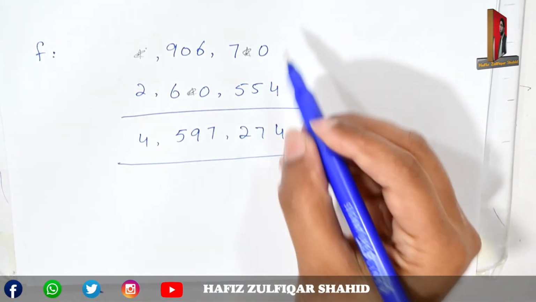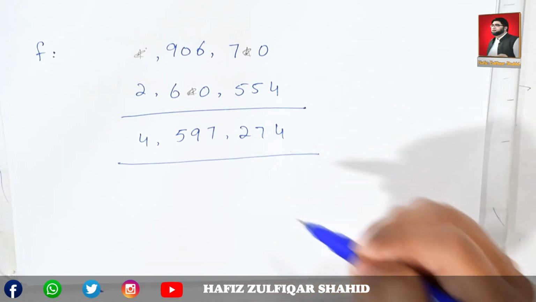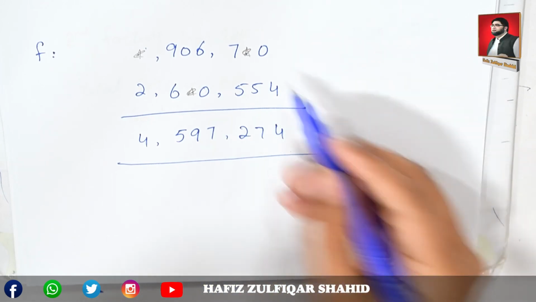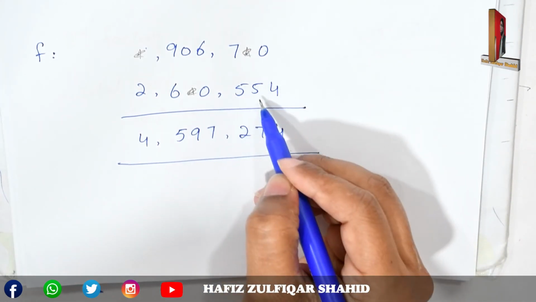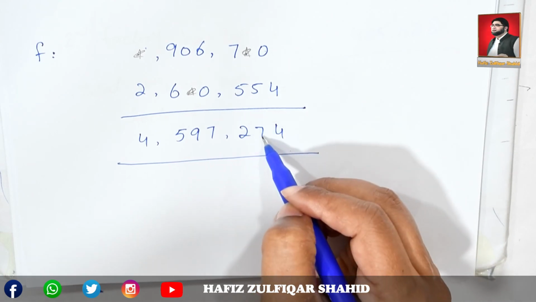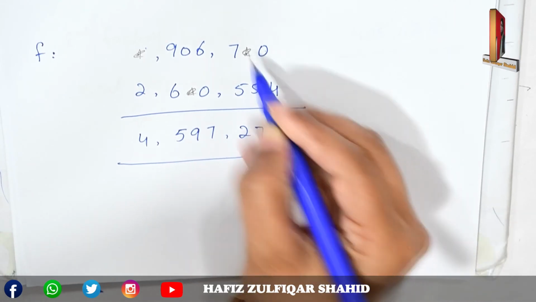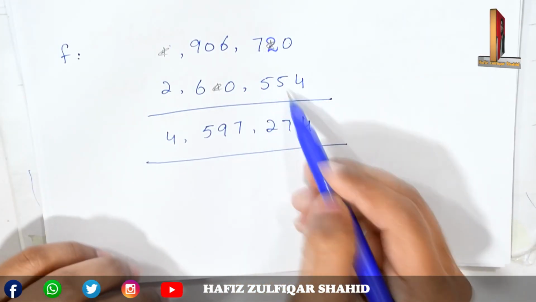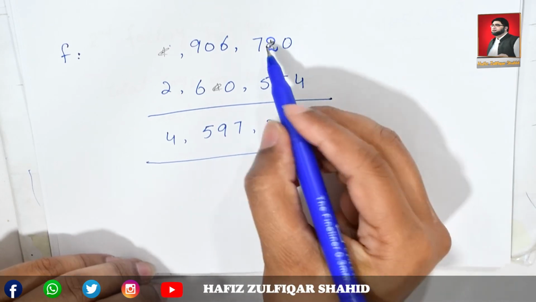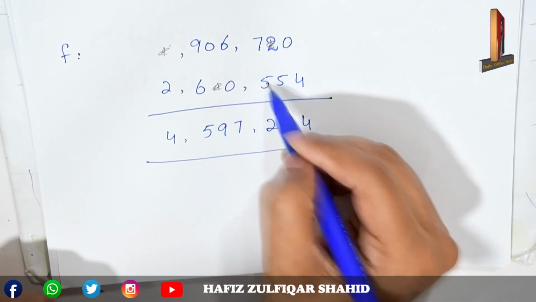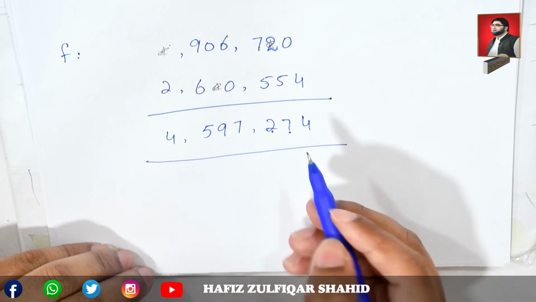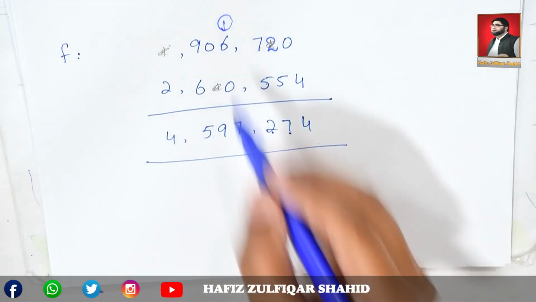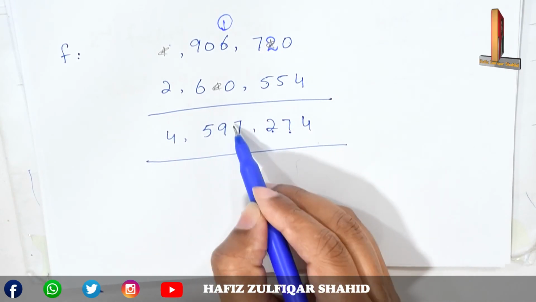This is a little bit tricky exercise, but you can solve easily if you understand what is the trick. Minus 7, 5 from 7, answer will be 2. Now add 2 and 7, 2 and 5, your answer will be 7. 7 and 5, 12, you have 2, but show here the carried digit. Now 1 and 6 is 7.